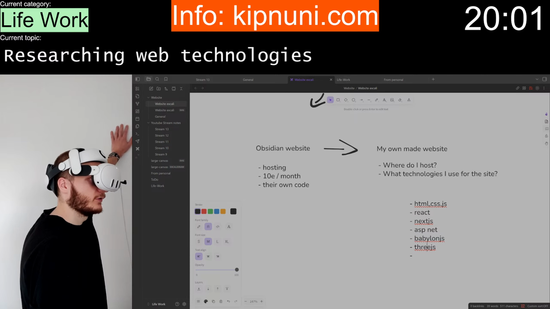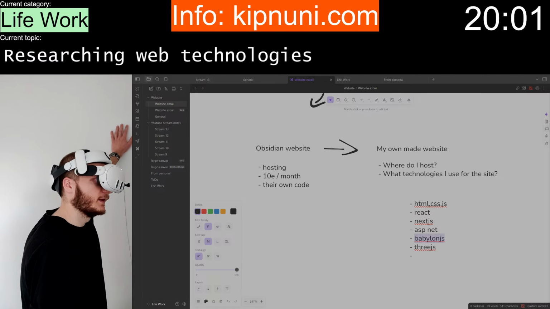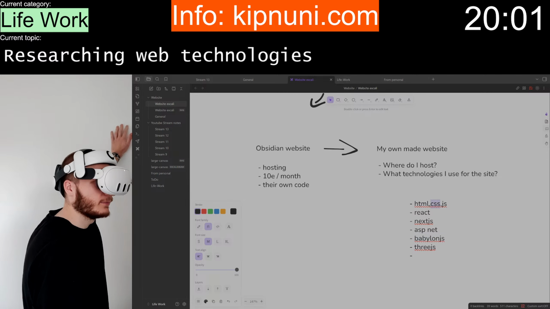But they are not about HTML, CSS. They are game engines or 3D engines, pretty much. So I didn't think about HTML or CSS. It was just JavaScript.